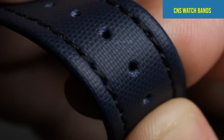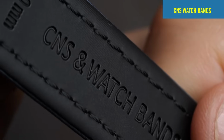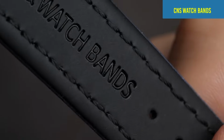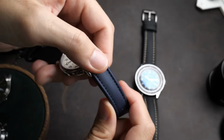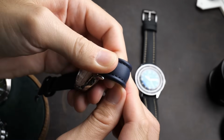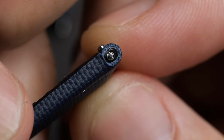It's definitely some kind of rubber or plastic that has been embossed with a sailcloth pattern on it. They're also saying that the underside is made from calf leather, which may be the case. However, it also appears to be coated in rubber, just like all of the other straps that we've seen so far. In terms of the feel of the strap, it seems like it's a little bit closer to the AliExpress strap. There does appear to be just a single layer of that synthetic sailcloth material keeping the spring bar in